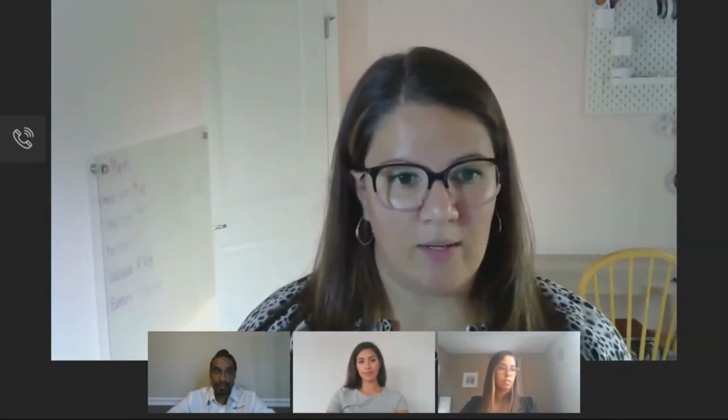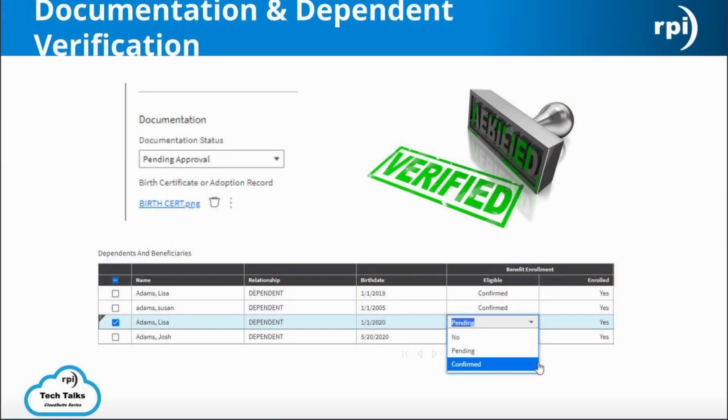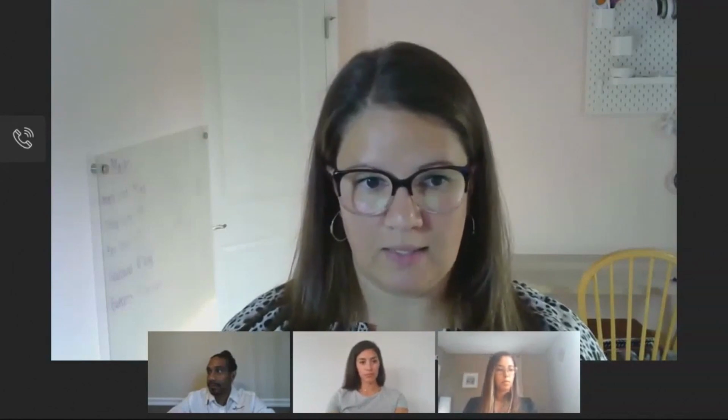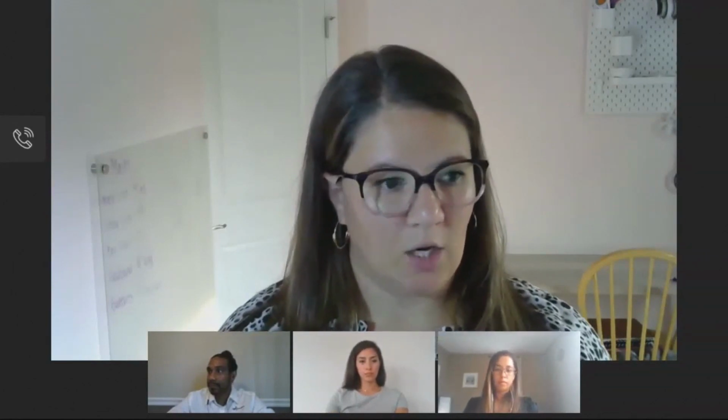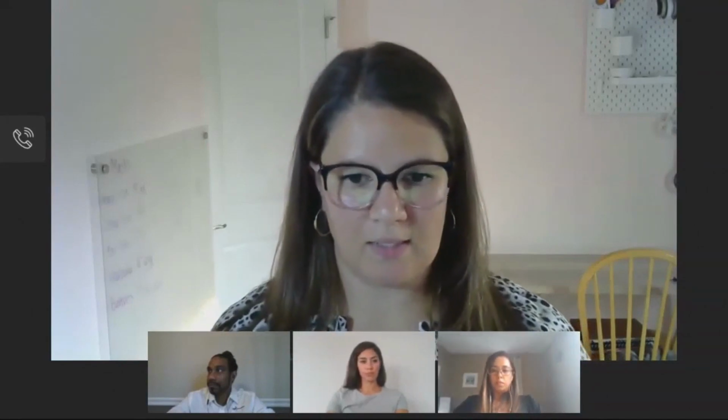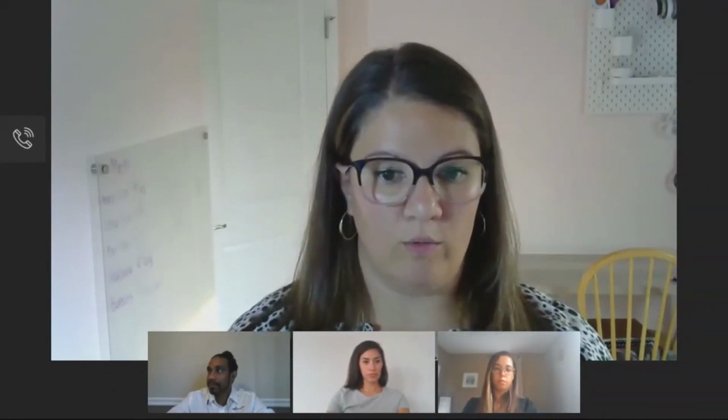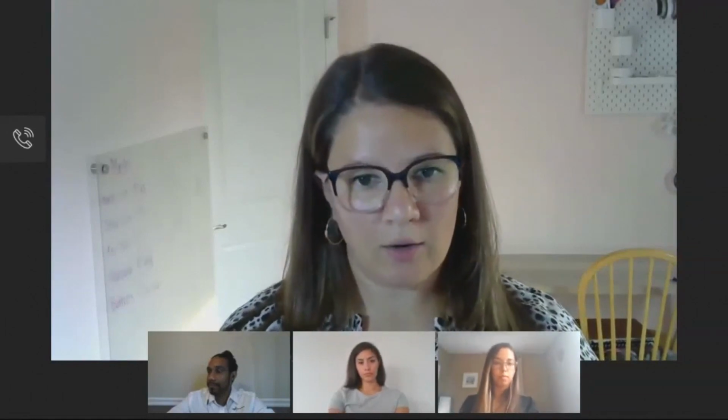The next thing we're going to talk about is verification for documentation and dependents. One of the cool things with GHR is the system allows different statuses for documentation and dependents. So within a life event, we can set the system to require documentation to be submitted before that enrollment event can be finalized. And with that, the documentation can come over with a pending status, and then a benefits administrator would review the documentation, make sure it's accurate, it's not something fake,